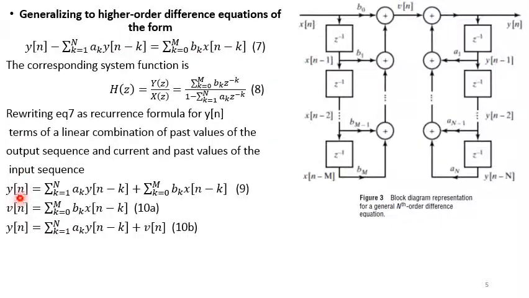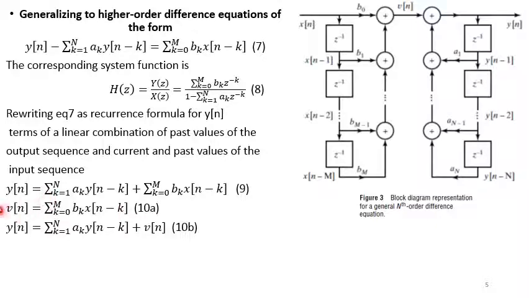So we can say that y of n equals summation k running from 1 up to N, ak y of n minus k plus the inputs. So if we represent the present and past values of the input, we can denote it by v of n, and we say summation k running from 0 up to M, bk